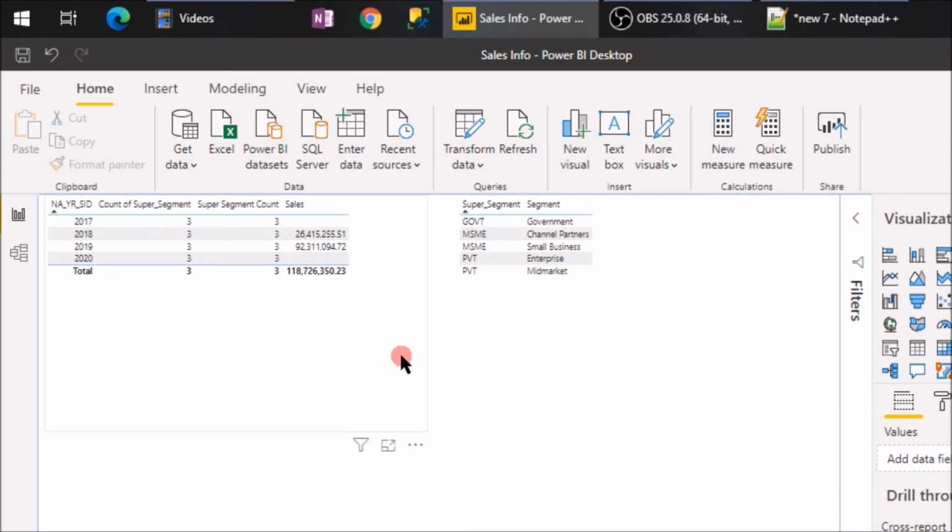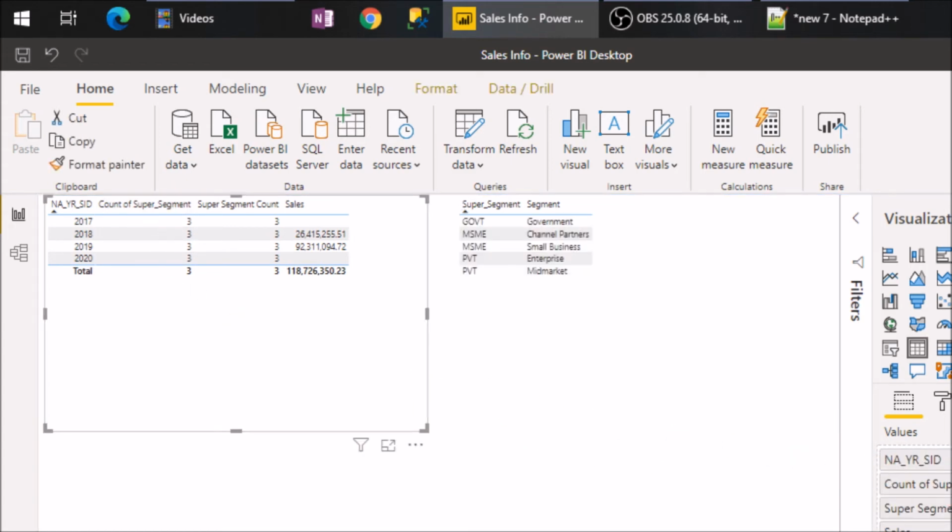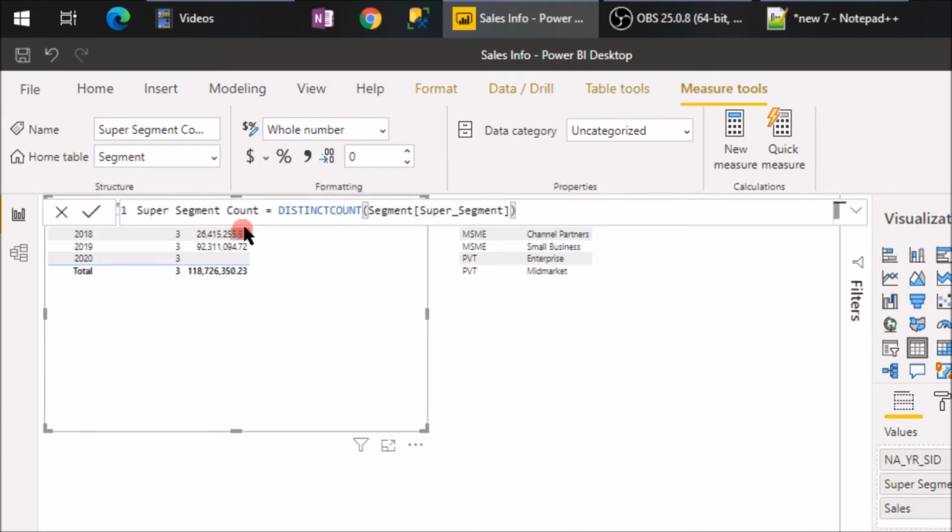So now I'm just going to remove this column to avoid confusion. Now I want to update this calculation so that the values are calculated correctly. Before going there, we just want to understand one thing.